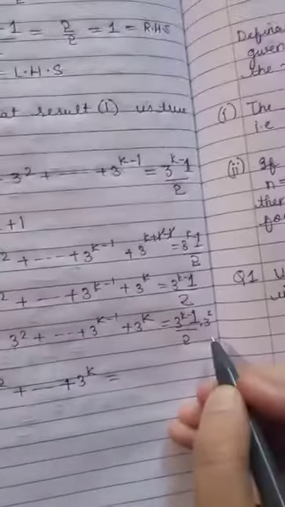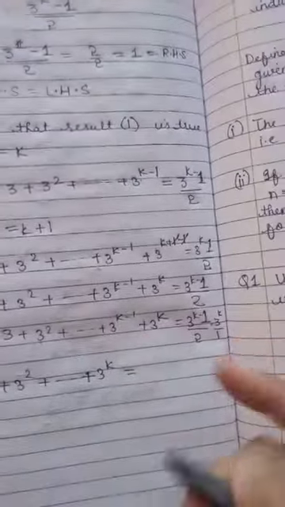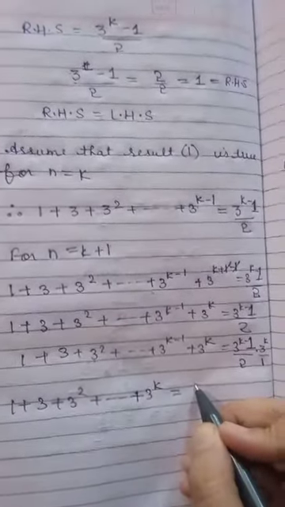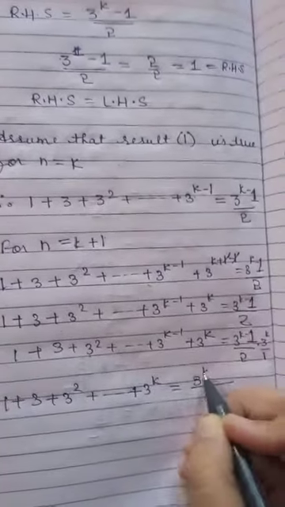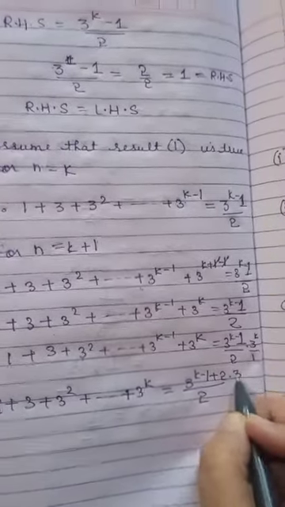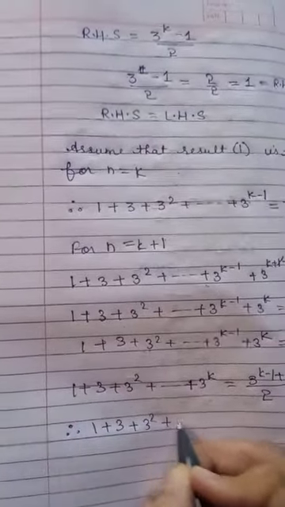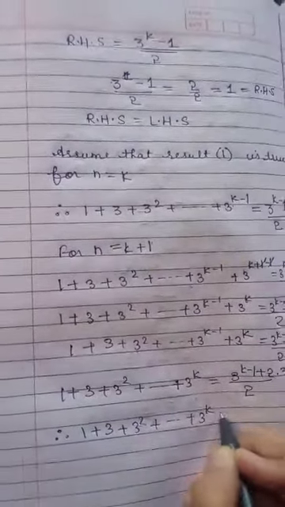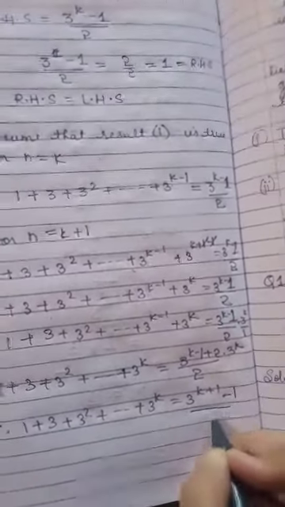Taking the LCM, which is 2, this becomes (3 raised to power k minus 1 plus 2 into 3 raised to power k) upon 2. Therefore 1 plus 3 plus 3 squared plus ... plus 3 raised to power k is equal to (3 raised to power k plus 1 minus 1) upon 2,